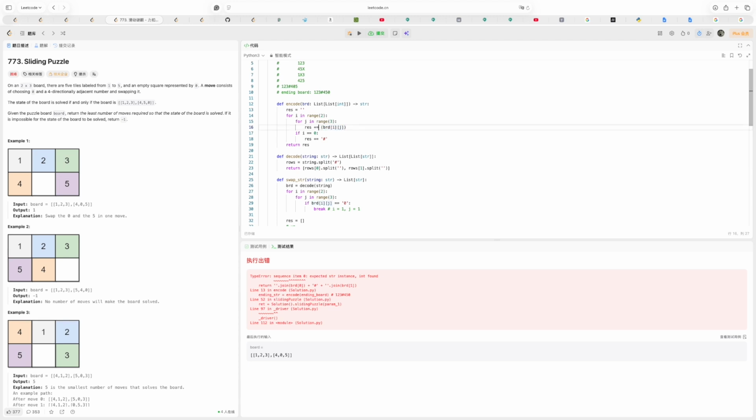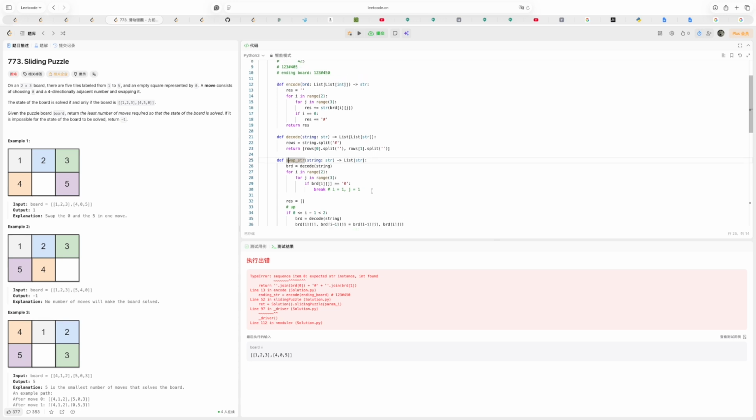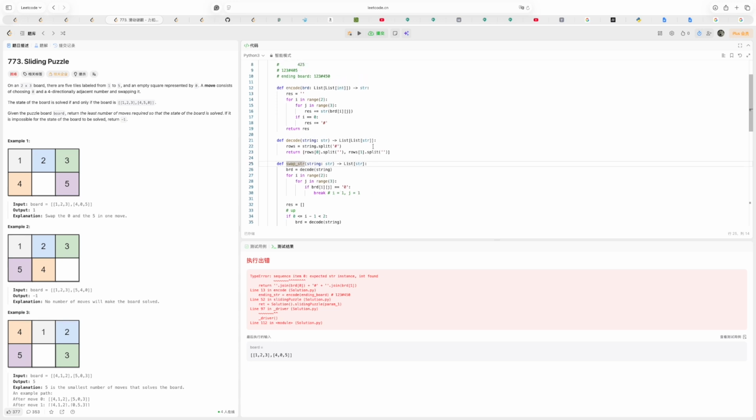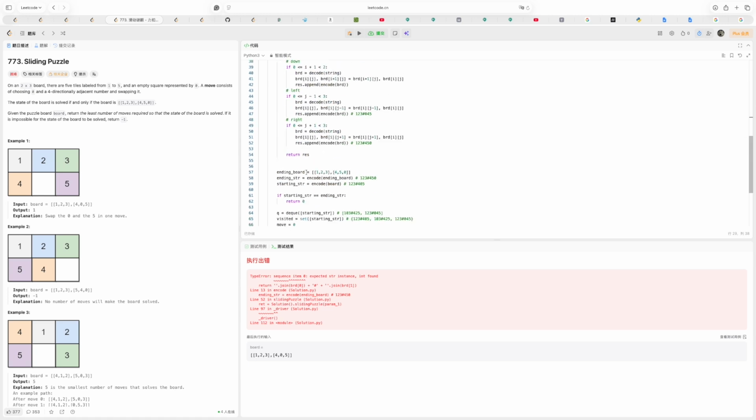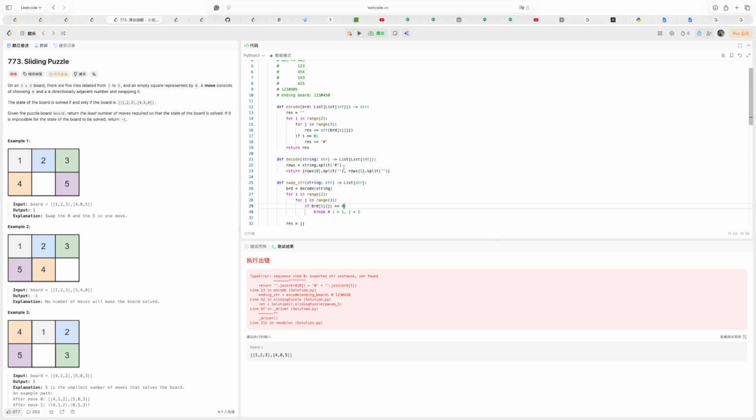We will change this to string, and then when we decode, split, we'll have to make it to int. So this will be 0. And split the hash, and we will have to make it to int. For row 0,